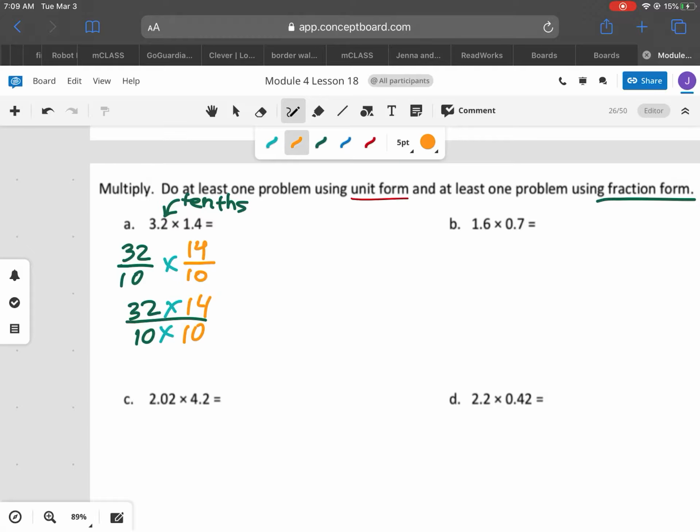We're going to multiply across, so it's basically 32 times 14 and 10 times 10. So our 10 times 10 equals 100, so we already know that answer. Now the 32 times 14 is a little more difficult, so I'm going to take a break here and go over to my unit form, and you'll understand why I'm doing that in a second. So basically what the unit form would be 32 tenths